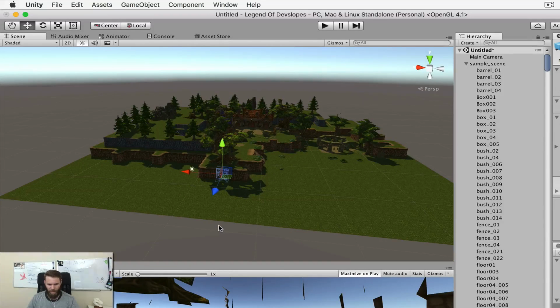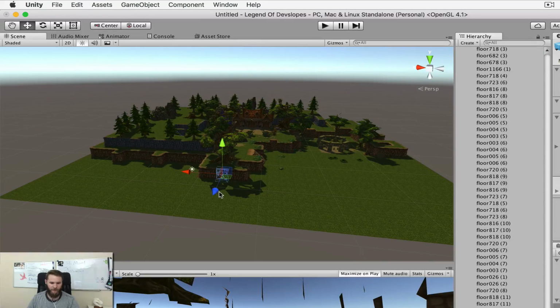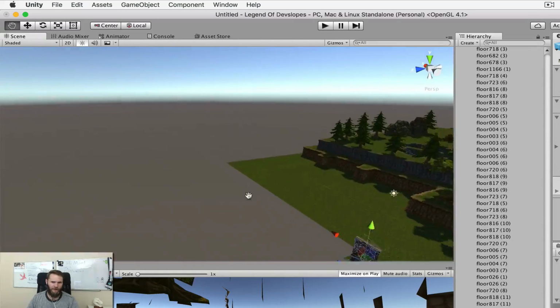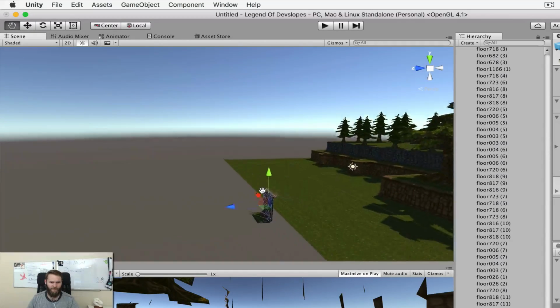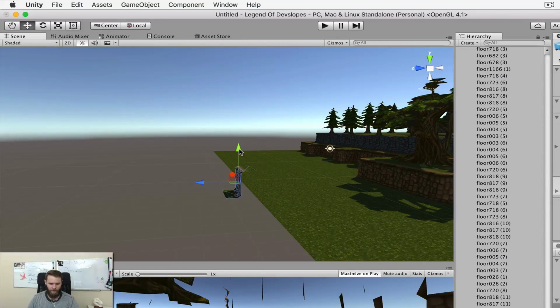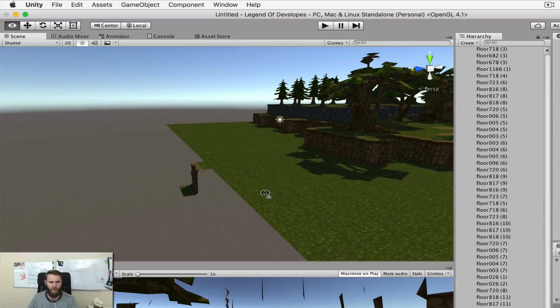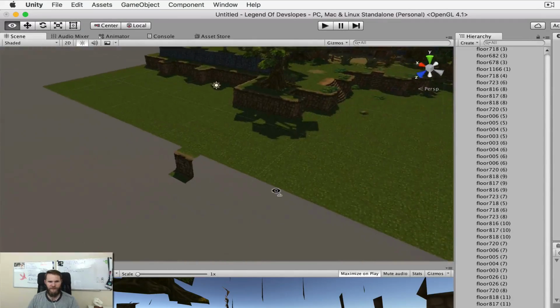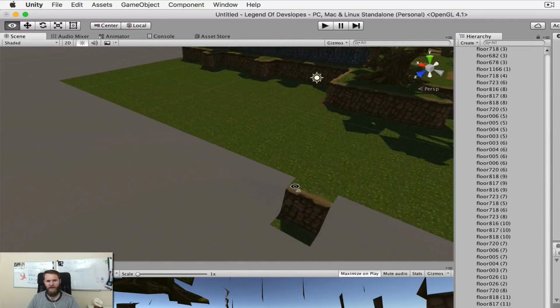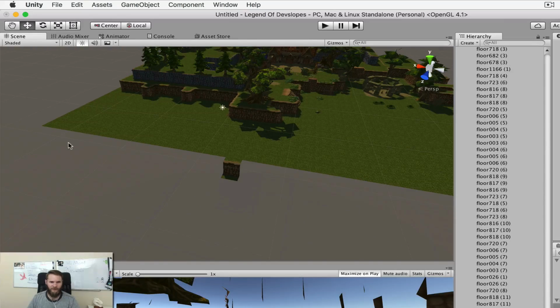I'm going to duplicate it, and I'm going to hold Command to snap it out, and we're going to drag it out here. And then let's take a look here. And then I'm going to Command and snap, this time in the Y direction, straight down. Boom. So now we have our first piece of island wall,